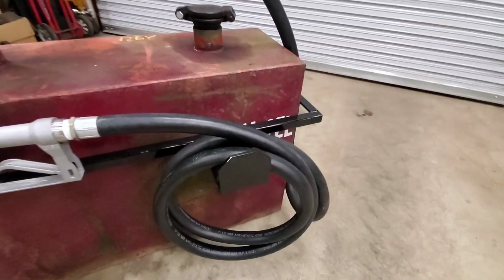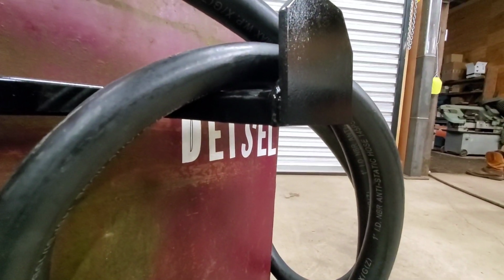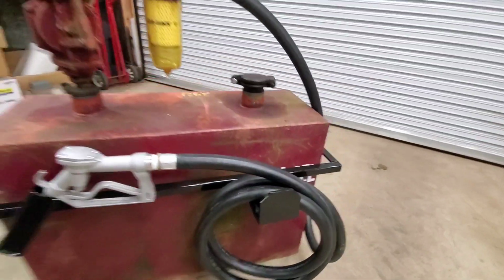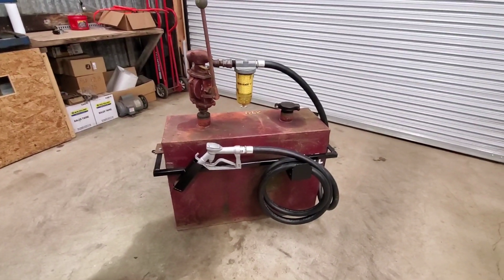And the hose hanger is just a piece of 4-inch tubing that I cut in half with a cutoff wheel, and this is all just remnant stuff. So that hanger was basically just built for free. It was my shop time. But anyway,